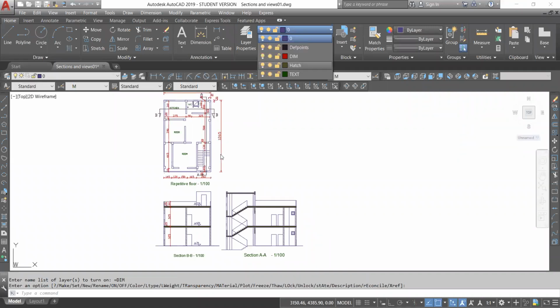So if I cut here section B, what I see, I will see this. I will cut this wall here, which is this one. This is this wall cut in elevation. I will cut this wall, which is this one here. I will see this door here. When I cut and see in this direction, I will see this door. This is the door. Here we can see that two floors